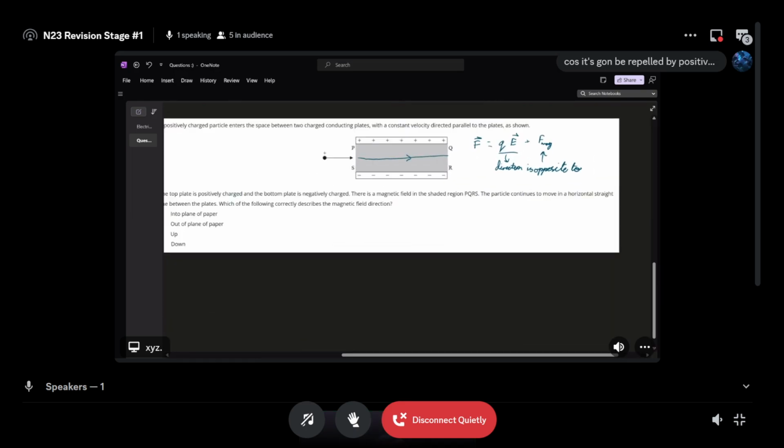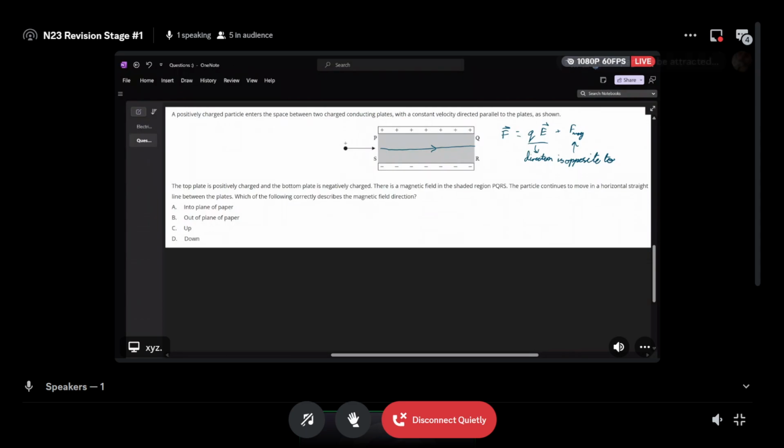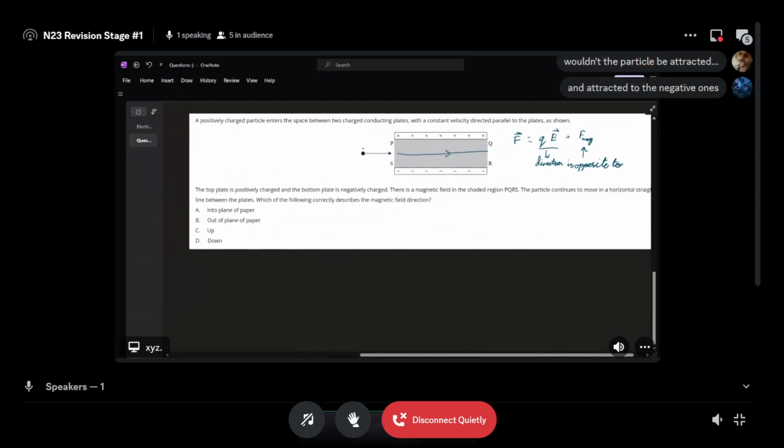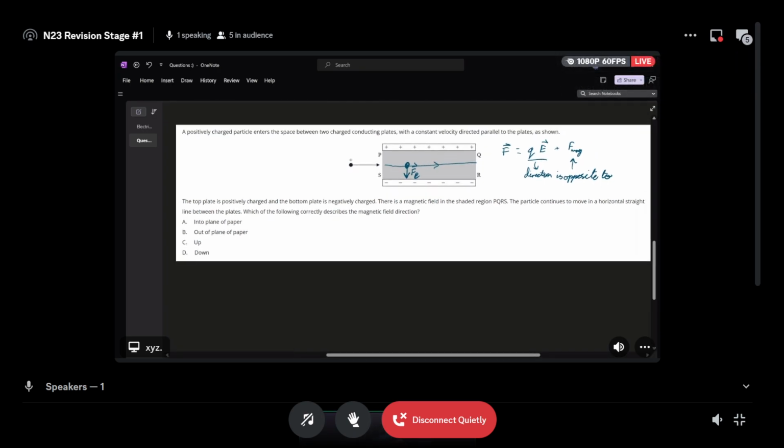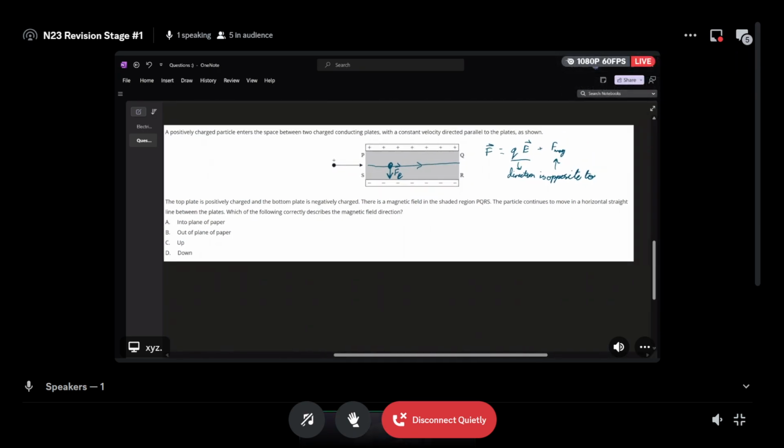Make sense? Because they must cancel. So, for example, the positive charge here will experience an electric force going down this way. So the magnetic force must be up. And it's a positive charge. So for the force to be up,